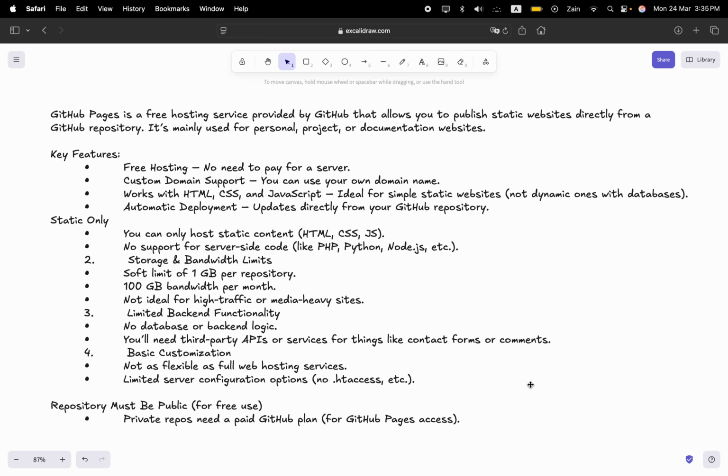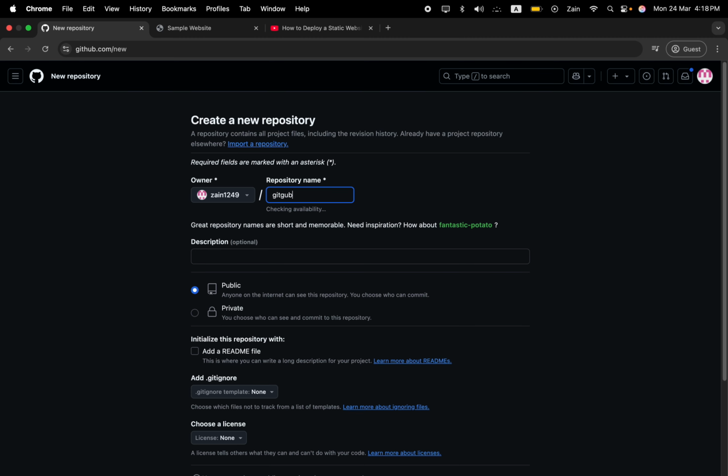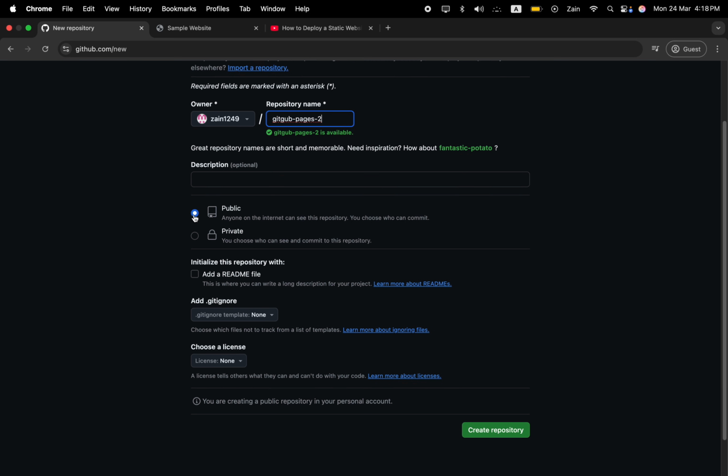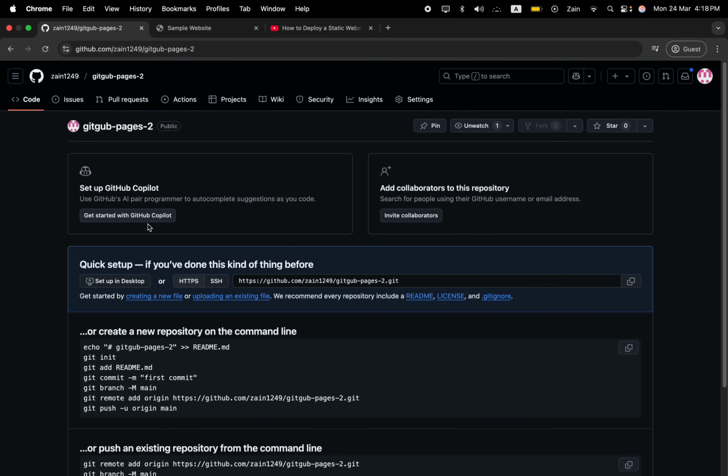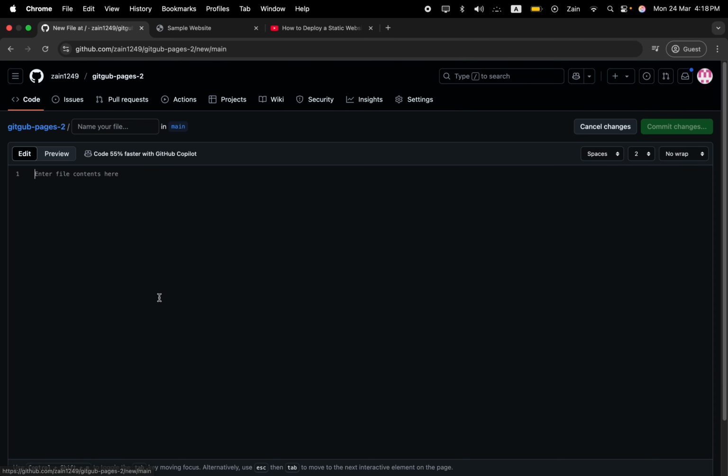And let's get straight into it. First of all, you need to log into your GitHub account and create a repository. Once you create your repository, make sure it's public, because GitHub Pages is only free for public repositories. Now, once you've created a repository,